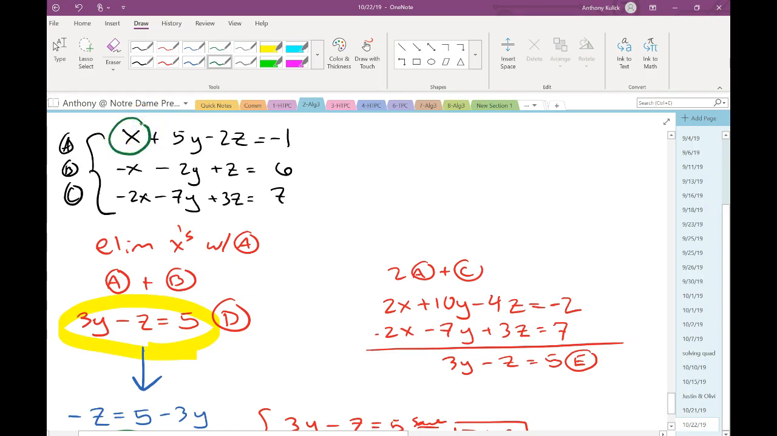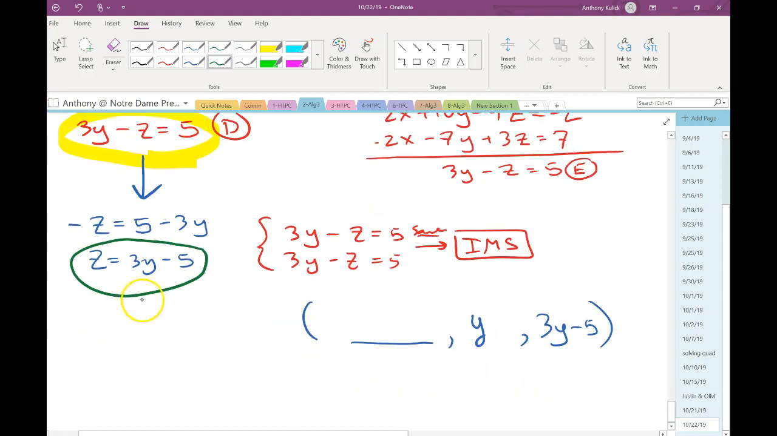I'm going to choose to substitute z in and solve for x in one of these 3 equations. Actually, let's put it into that one. Why would that one be the easiest? There's no coefficient on z, right? It just makes life a little bit easier. So plugging this into equation B gives me negative x minus 2y plus 3y minus 5 equals 6. So if I combine some like terms,